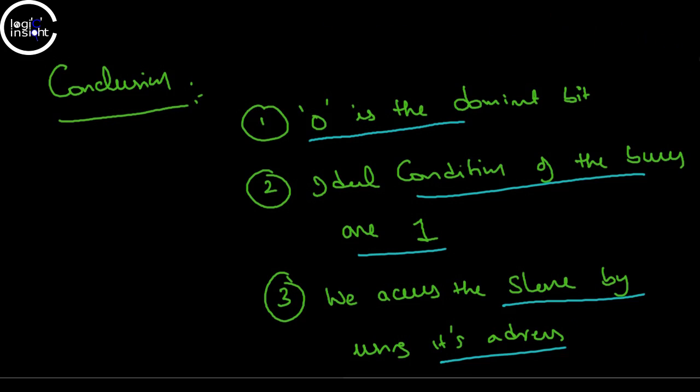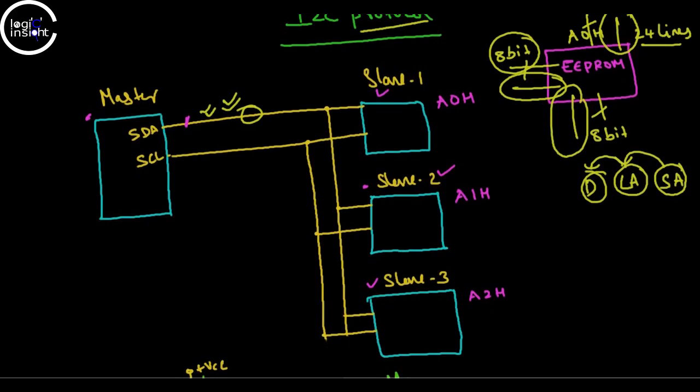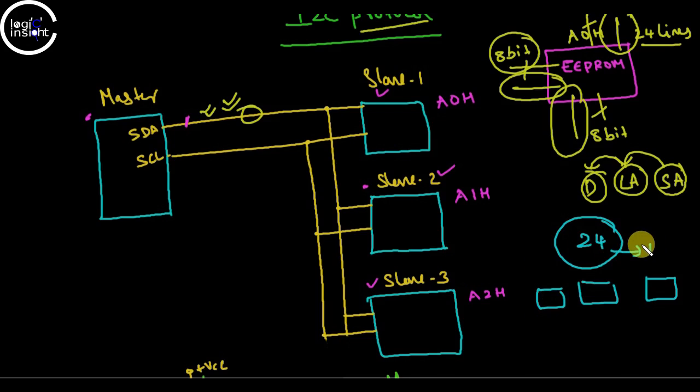And remember one thing. Normally, we would have to use 24 lines. By using serial communication, we transfer 24 bits line by line. First we have to send the address of the slave, then the address of the location, and then the data. We are reducing the 24 lines to one line. So this is the most compact way to do the communication.